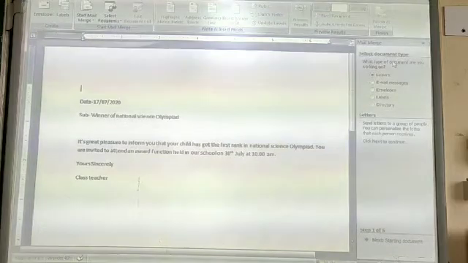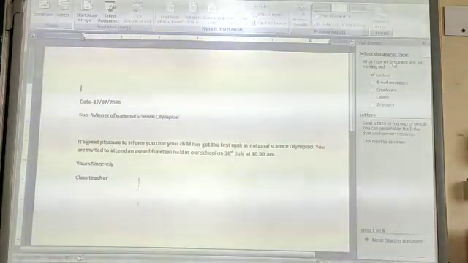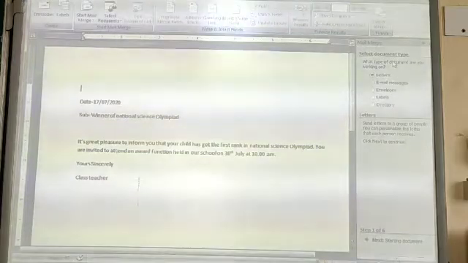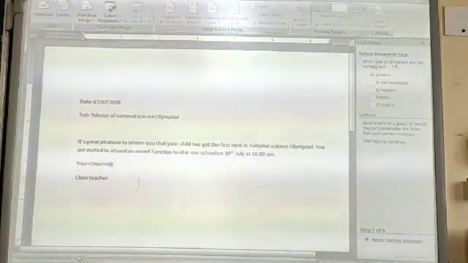Then the third step is select the recipients, that is, you have to select the data source. If a data source file has already been prepared by you, then you can use it, or you can create a new list.